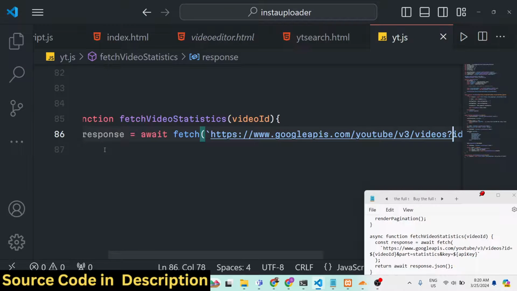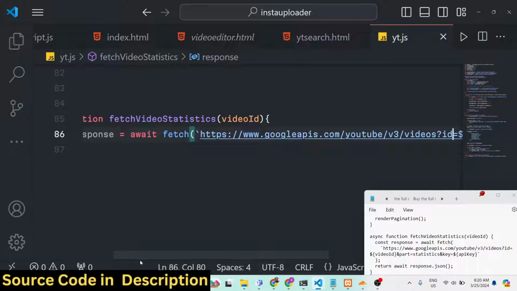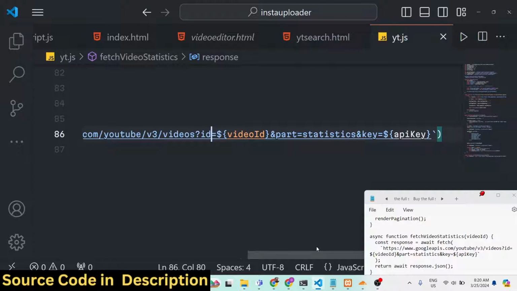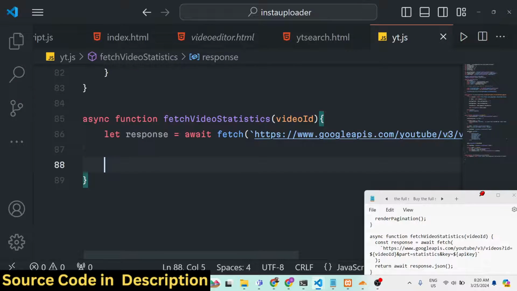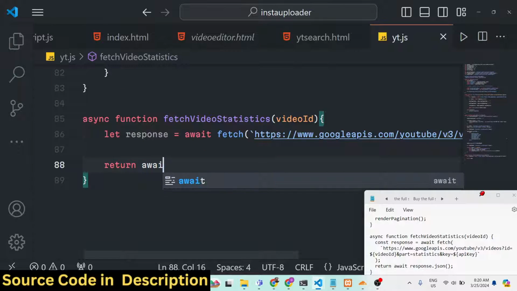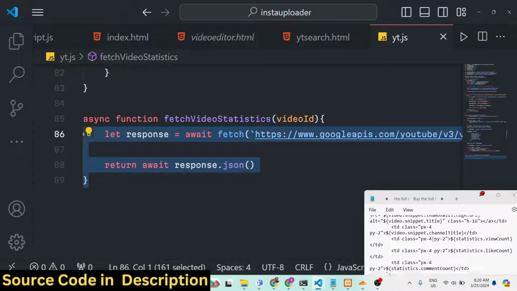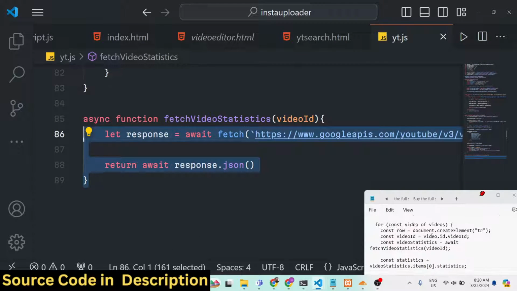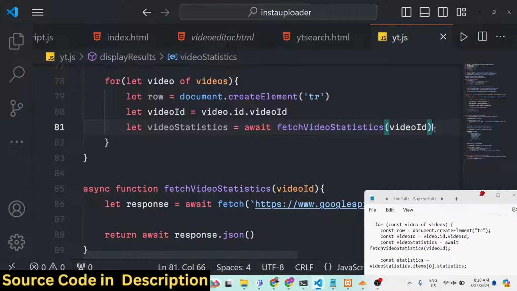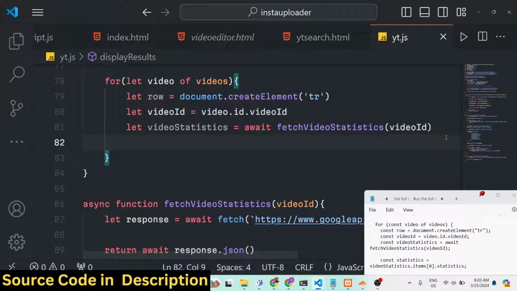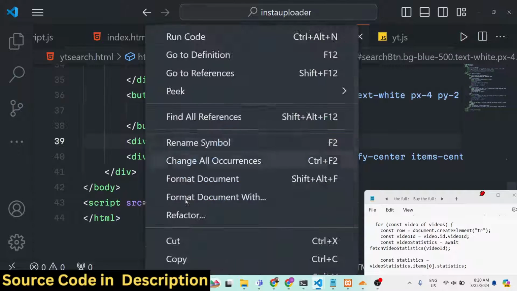I will shift this into a single line, and after I make this call, we will return await response.json. That's all. This is all that we will have right here, guys, and after that we will get this information. We will basically console log it just to check if we are getting this information or not. If I refresh the application and write here